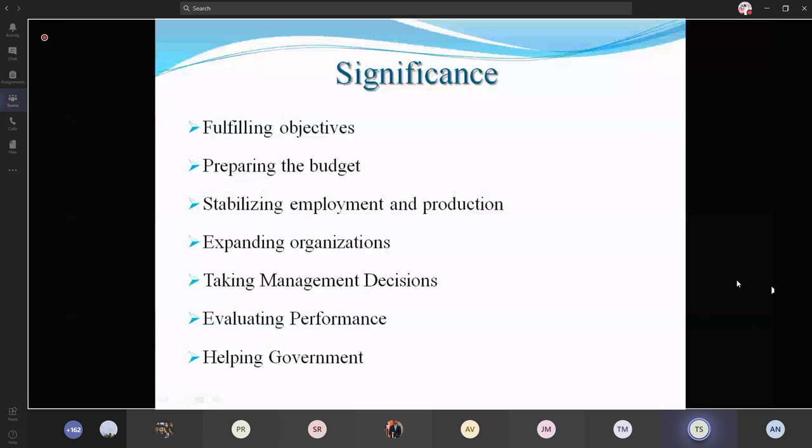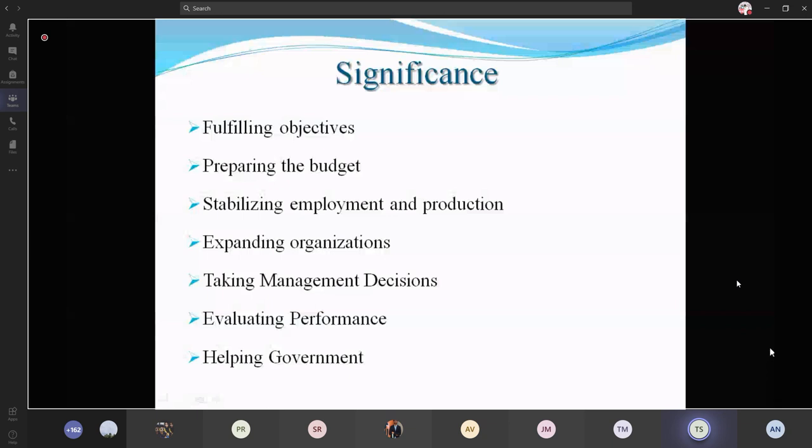And the next one is making management decisions. Critical decisions have to be made, such as deciding the plant capacity, the usage of machines and other tools, and determining the requirement of raw materials. For example, some industries use raw materials which are perishable in nature, so they have to decide the requirement of those kinds of raw materials, and also ensure the availability of labor and capital. These kinds of decisions come under the management, and these are called management decisions.